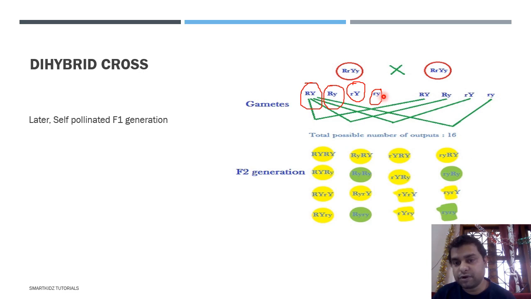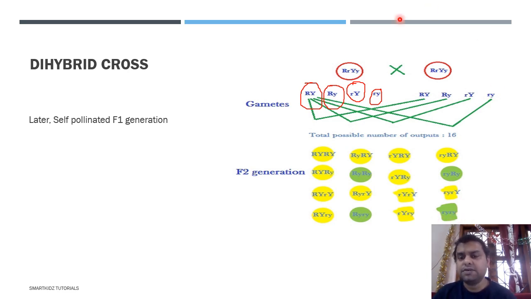When small r and small y combine with small r and capital Y, we get wrinkled but yellow seeds. And when small r and small y combine with small r and small y from this parent, we get wrinkled and green seeds,